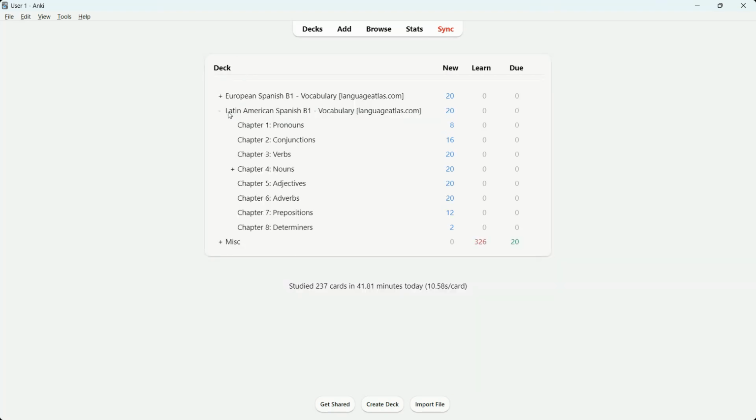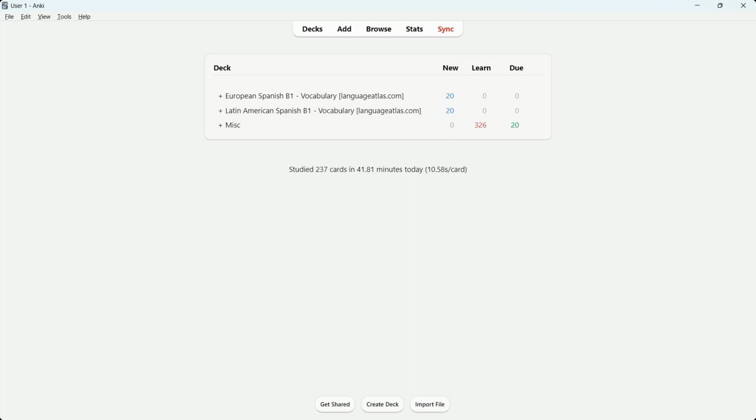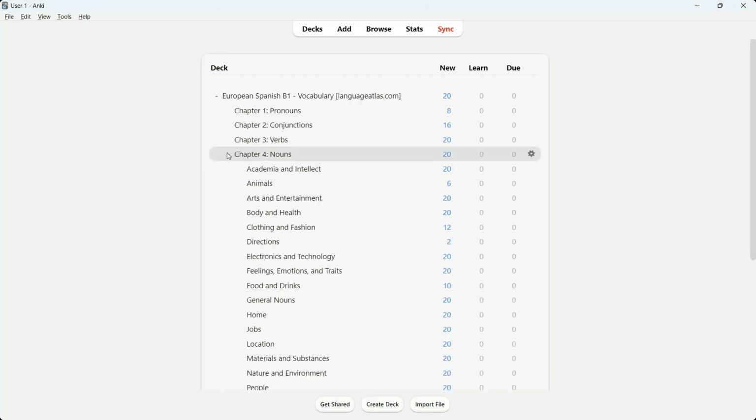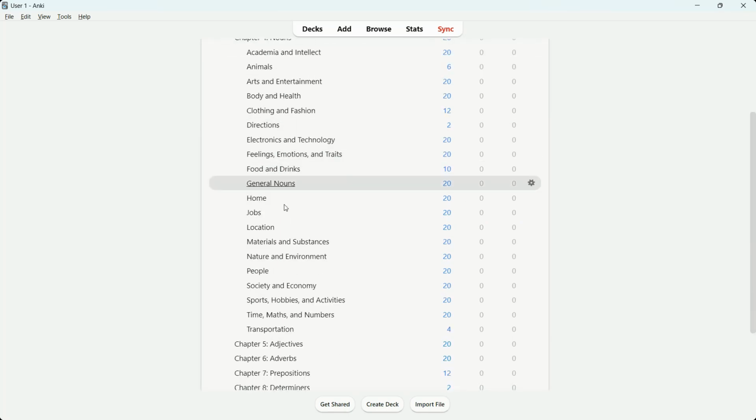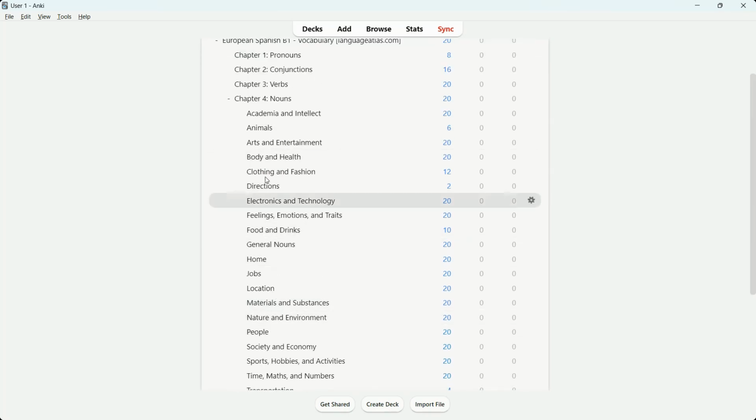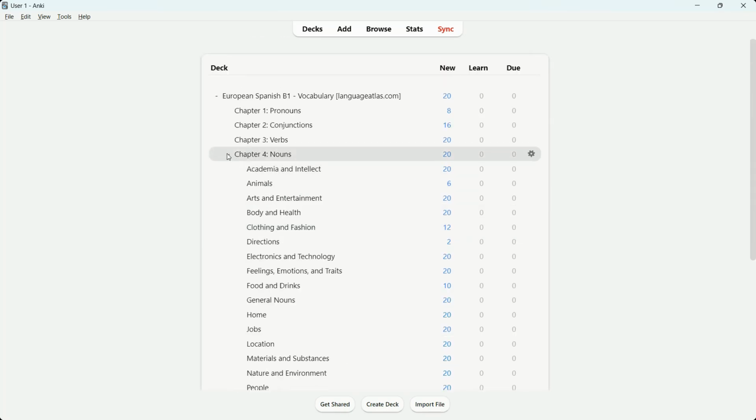Now let's have a look at the European Spanish B1. I'll click on this plus icon, and again you can see that in terms of course structure, they're the same: pronouns, conjunctions, verbs, nouns, adjectives, adverbs, prepositions, and determiners. If I click on chapter 4 nouns, you can see we have the same subdecks. Now what I'm going to do is show you